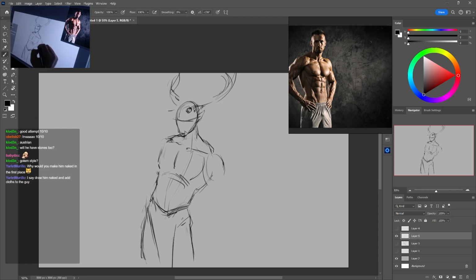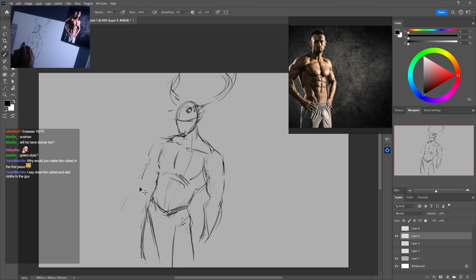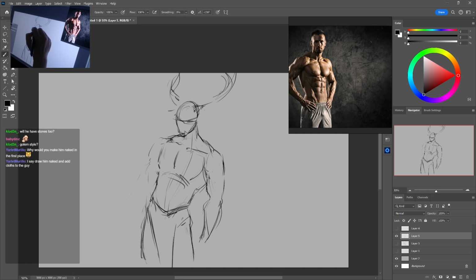Put his arm here. We'll give him some huge biceps here. There's his forearm, right? And gotta make sure you get all the muscles in, yeah. I'm gonna tilt his head a little bit more. He's like tilting it away, right?